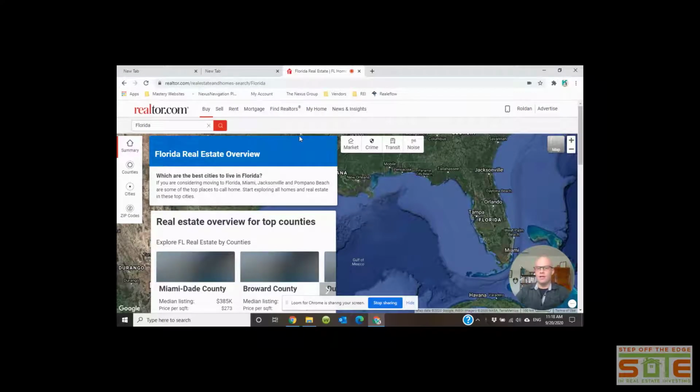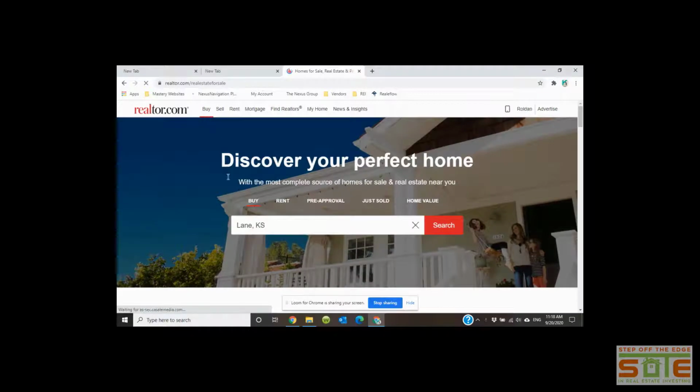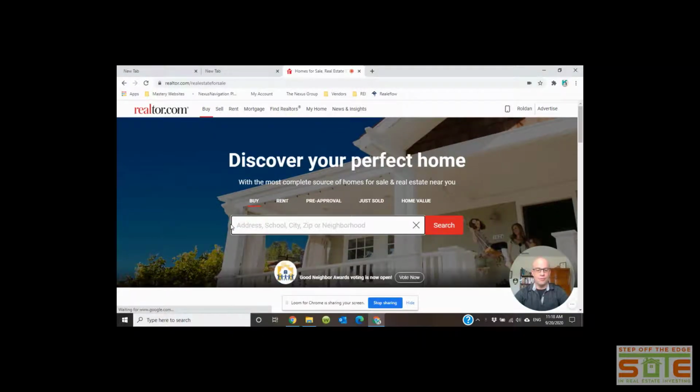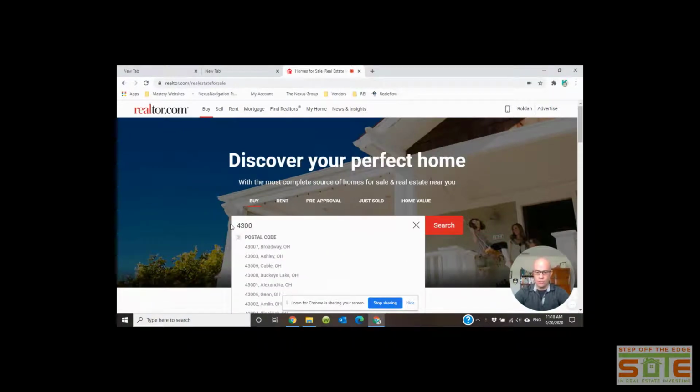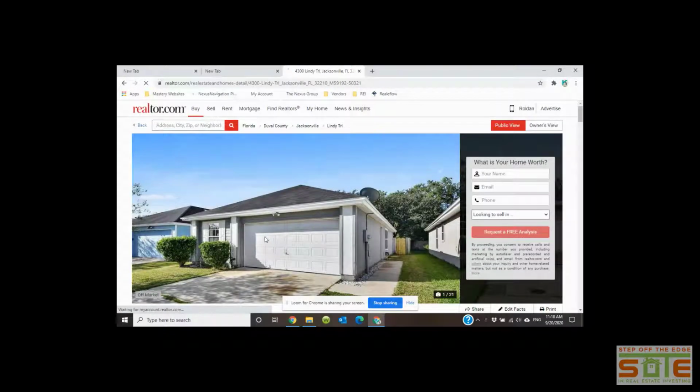Right, now that we are familiar with the navigation menu for Realtor.com, we proceed to tell them what we want to do. Well, we want to do a search as buyers, right? And we will enter the address of that property that we found either driving for dollars or someone gave us the lead, okay? So in this case, as I type, the options of the properties come up, and that makes it very convenient. Okay, let's say, for example, I received this lead and I want to know more characteristics